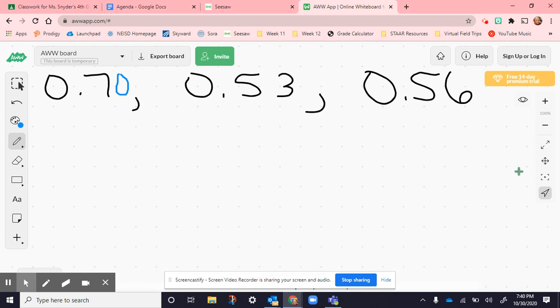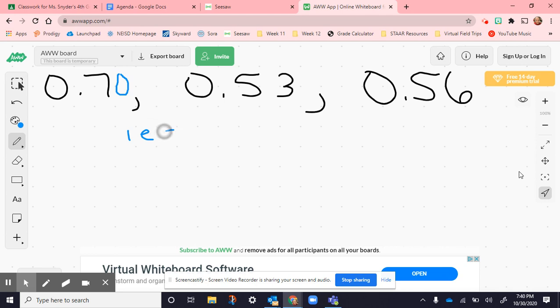So let's say I'm putting this from least to greatest, meaning I want to start small and end up with my largest. Well, you can ignore the decimal and just think of this as whole numbers. So 70, 53, 56. Or you can think of this as 70 parts out of 100, 53 parts out of 100, 56 parts out of 100. However you're thinking about it, we know that